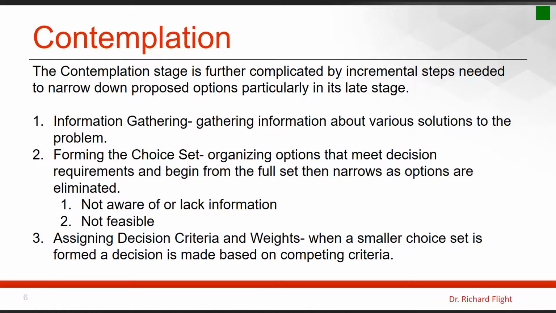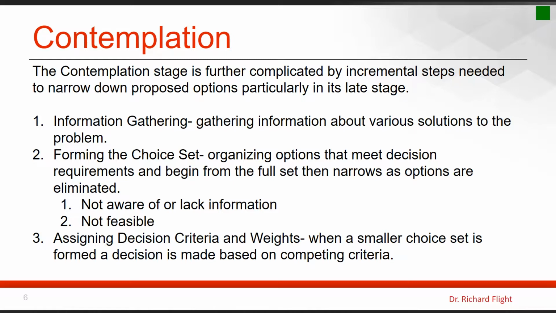So we had some cost issues, we had time issues, we had likelihood that it would succeed issues, we had issues that dealt with whether others would think, social pressures and things like that. So those are the decision criteria. The next step there would be to assign some type of a weight.